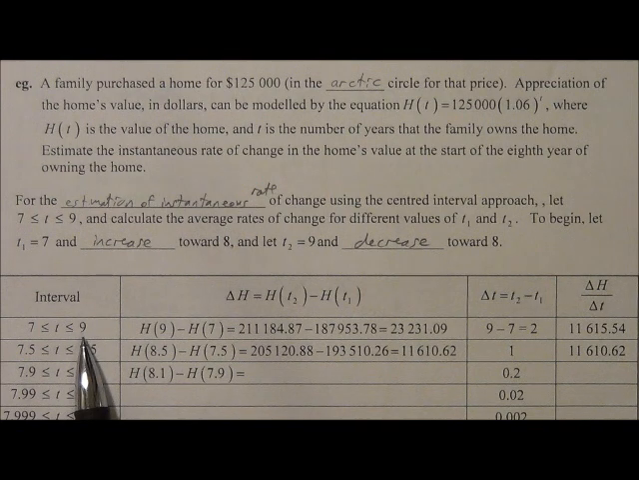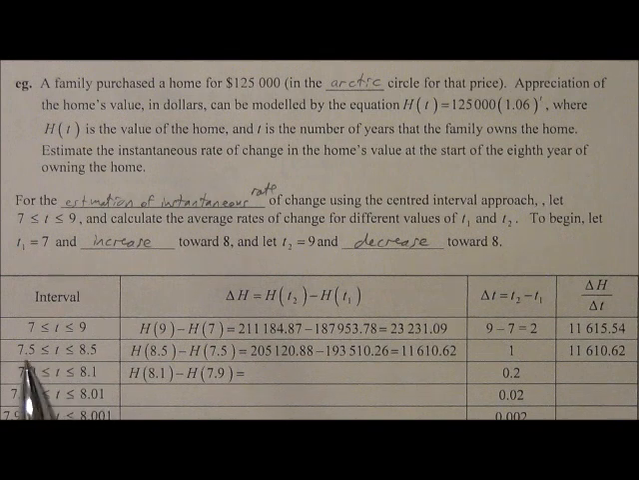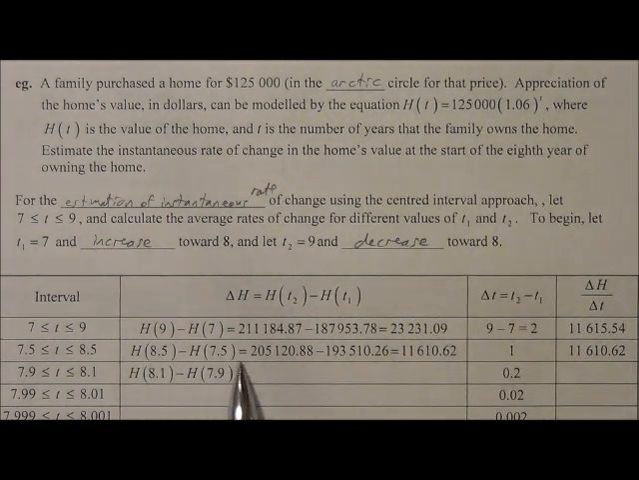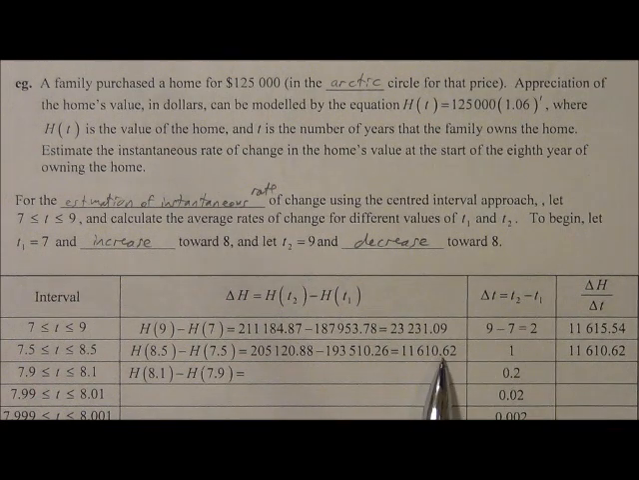9 years. Okay, then we're going to change 7 to 7.5. It's going to increase towards 8. And we'll change 9 to 8.5, which is then decreasing towards 8. We'll take those two values, we'll sub them back into the formula, in for t, and we'll get these values here. And we'll subtract here, of course, 8.5 minus 7.5 for the delta t is 1. So when you divide, you just get that value again, $11,610.62, which is the average rate of appreciation of that home between 7.5 years